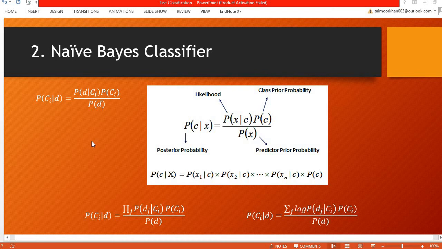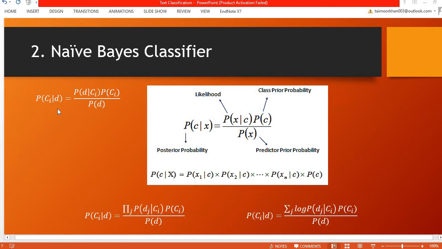The next classifier to consider is the naive-Bayes classifier. This classifier is based on the theory of probability. For an unseen document represented by D, the model has to identify the probability of each of the classes given this document. In case there are three classes, what is the probability of C1 given the document D,